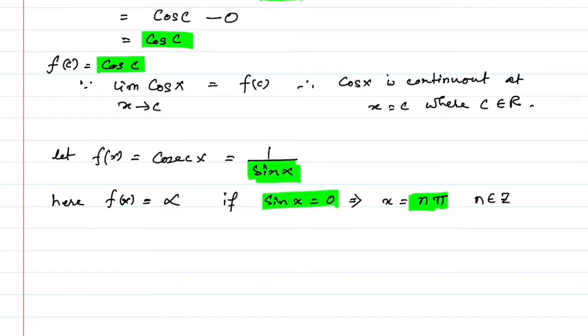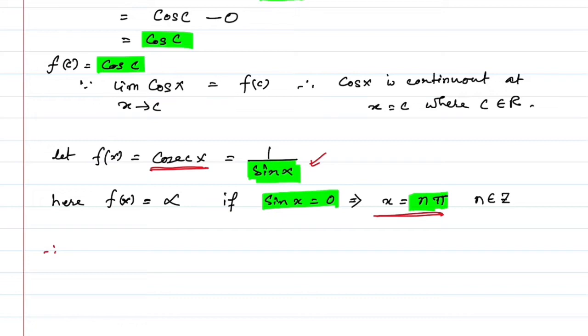So, that means this function cosec x will be continuous other than these points, x is equal to n pi. Because sine is always continuous, isn't it? But here we are getting the sine as denominator. So, sin x cannot be 0 in this case. So, that is why we exclude those points where sin x is 0. So, at all the other points cosec x is continuous. So, what can we write here?